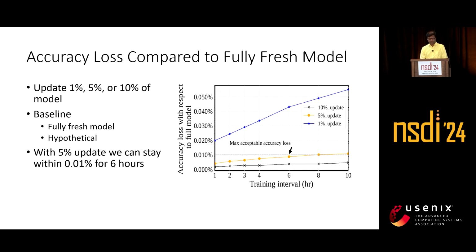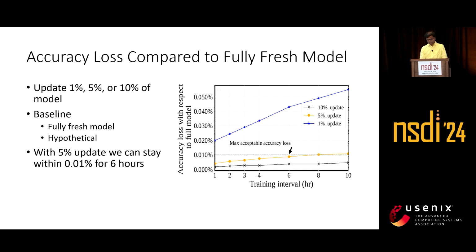We compared the accuracy loss for several update sizes when compared to an ideal fully fresh serving model. Ideal fully fresh serving model is the current model at the trainer. X-axis shows the training interval and y-axis shows the accuracy loss with respect to a fully fresh baseline model. We can see from the chart that higher update percentages have lower accuracy loss. With a 10% update size, even after 10 hours, the accuracy loss is less than